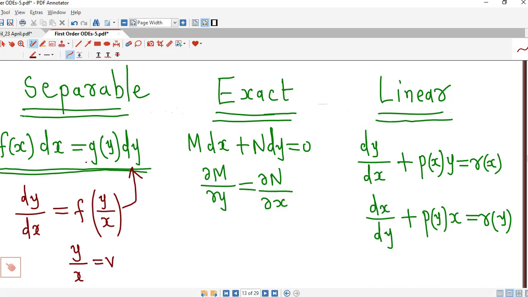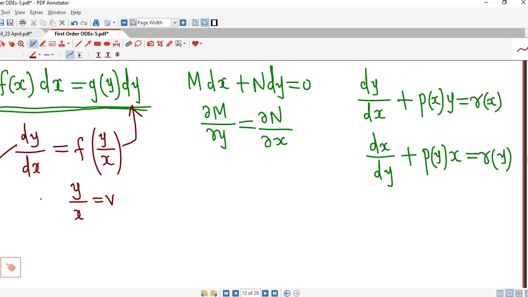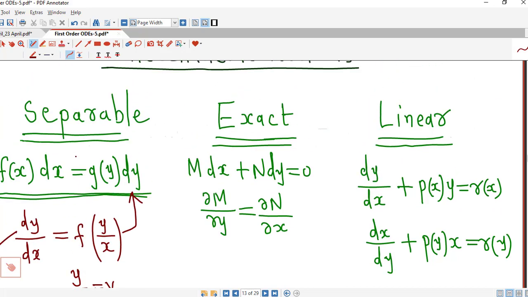So if our differential equation is not separable, then we can check whether it is possible to write the differential equation in this form or not. And there are some equations in which, if we consider some other substitutions, then also they can be made separable. Now if the differential equation is not separable, or if it is not possible to convert it into separable form, then we can check whether it is in this form or in this form. That means whether it is linear or not.